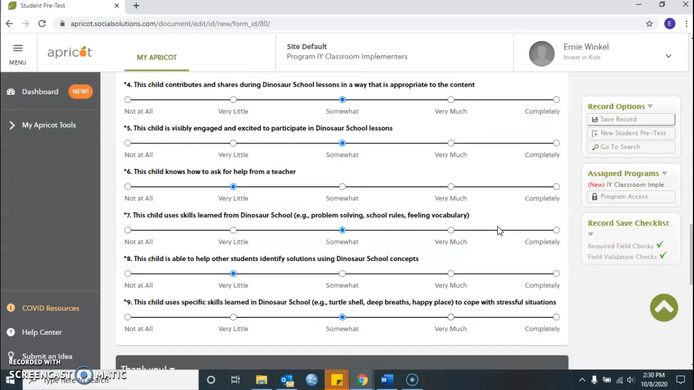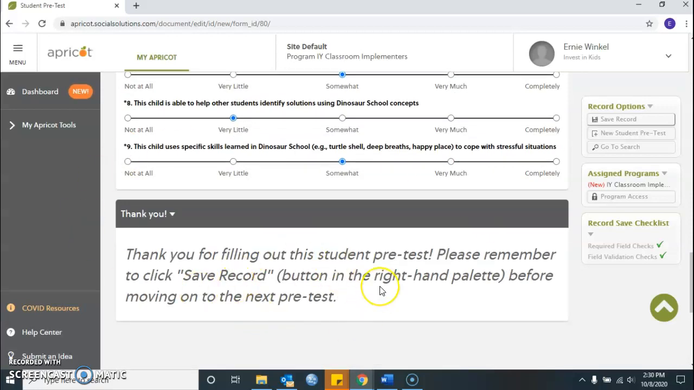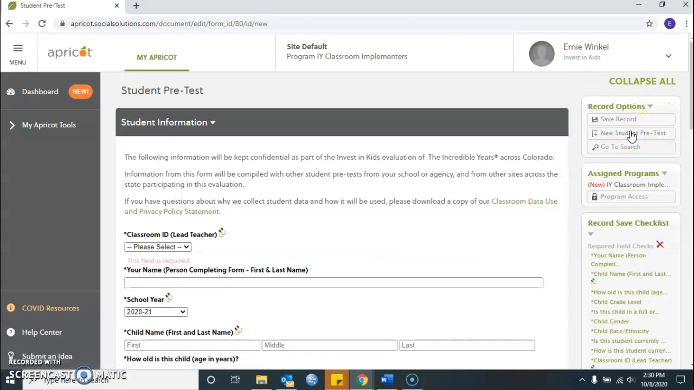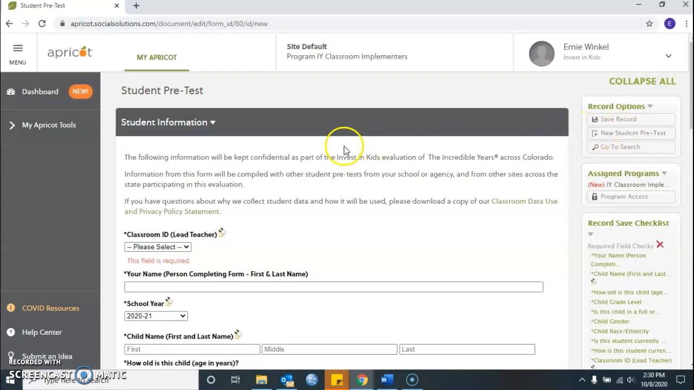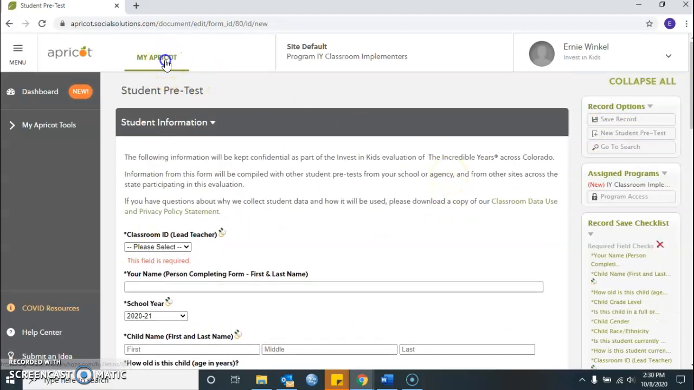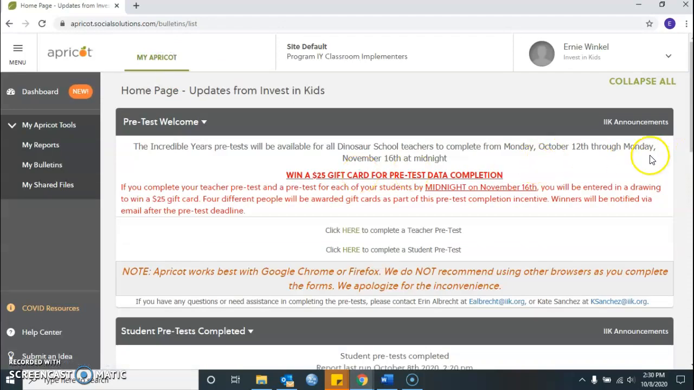So once that is done, we see a similar thank you button, so we need to click Save Record in the right-hand palette here. So I'm going to click that. I get the record saved, which is great. That means I successfully submitted a pretest for this student, and now I can either enter another pretest for a student by clicking this button with the plus sign in the right-hand palette, and that'll take me to a new form where I can keep going for other students in my class,